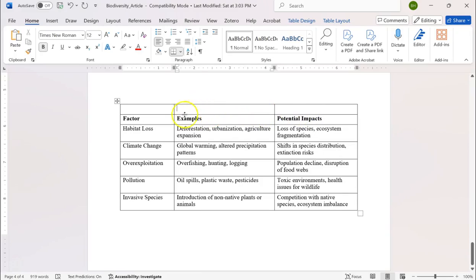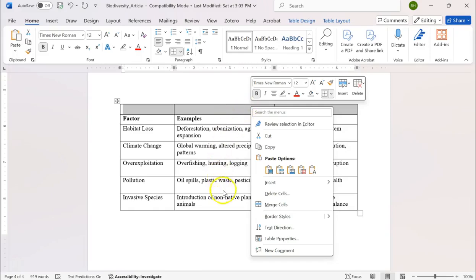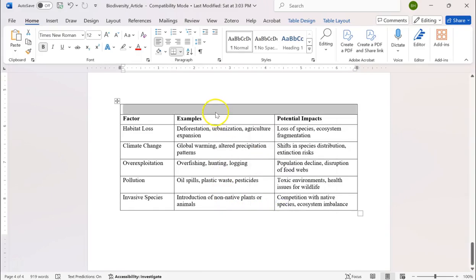So how do I do that? Select this, okay? And right click, and you'll find an option called merge cells. Click on merge cells and then see, there are no more cells. This is just one cell, and I will write the table heading: CAUSES, causes of